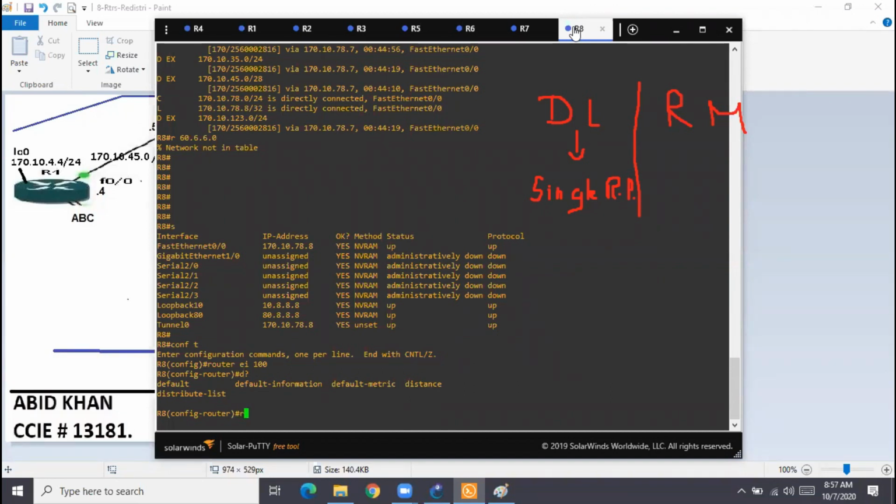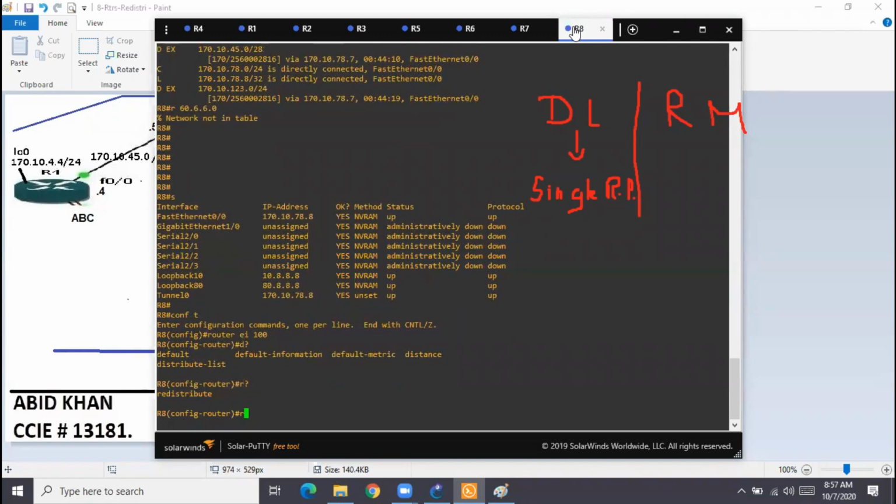Do you see? I'm typing now R question mark. What do you see? Do you see route map? No, means the command itself is not there. So I cannot use route map as a route filtering tool in a router which has only a single protocol. If I go into OSPF also, it is not there. If I go into RIP also, not there. So all of these, RIP, OSPF, EIGRP, we call them as what? IGP. Okay. When we discuss BGP, at that time we'll see BGP filtering. Right now, ignore BGP. First, let us tackle the IGP family.